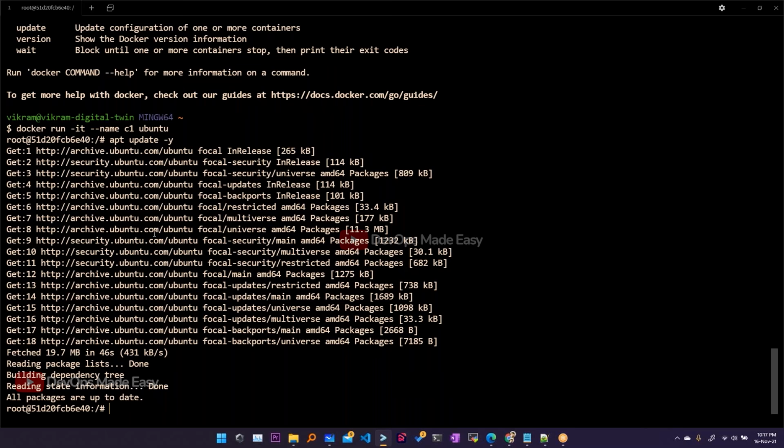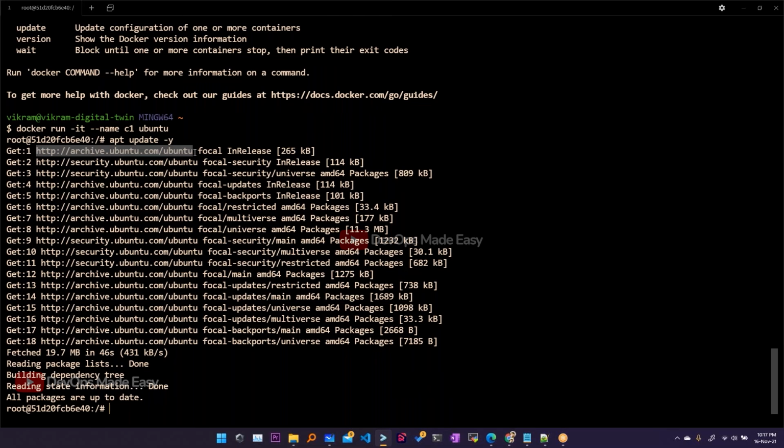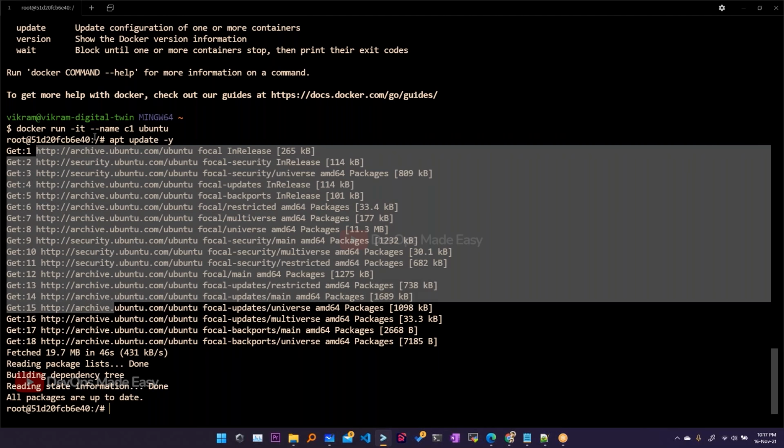These remote repositories keep updating with the latest releases of the different packages. When they launch a container, it will not have the updated information, because the information is on some other server.